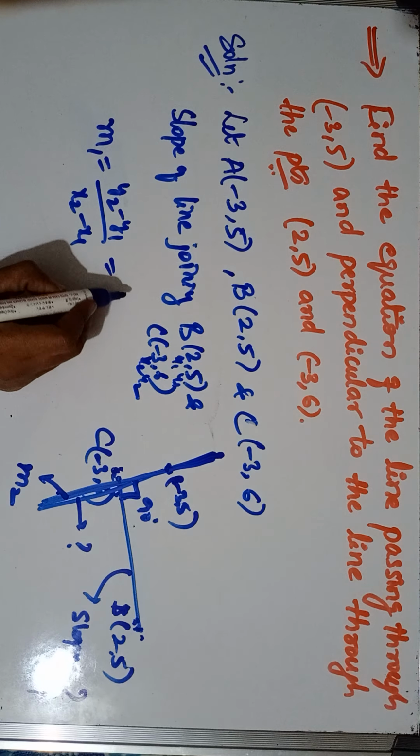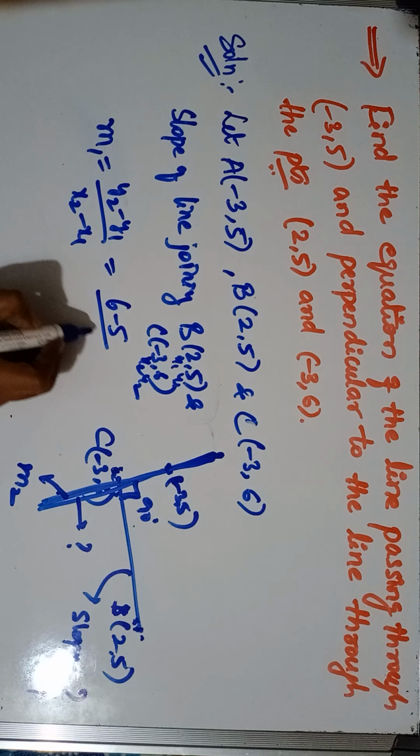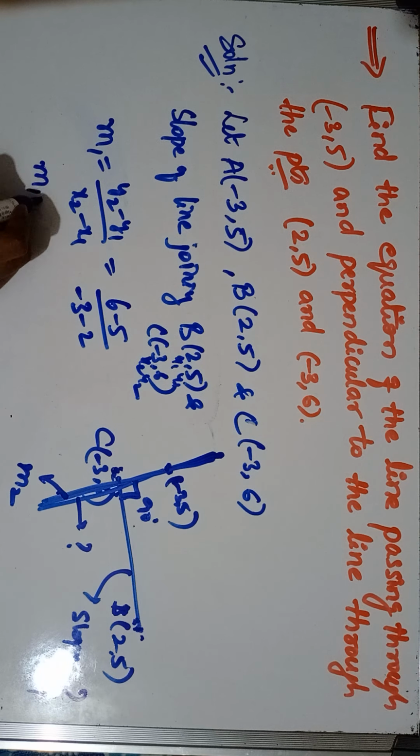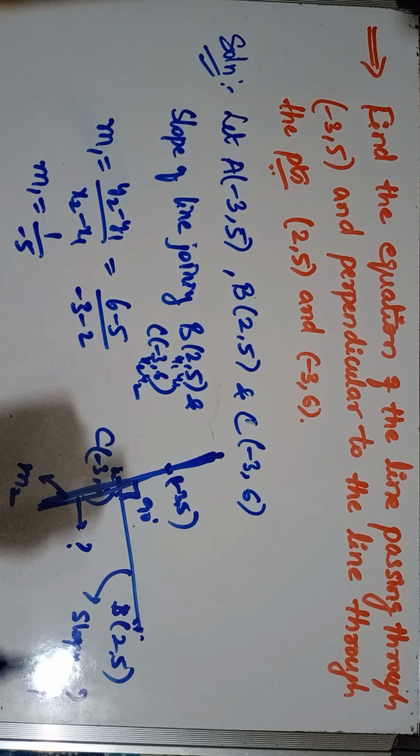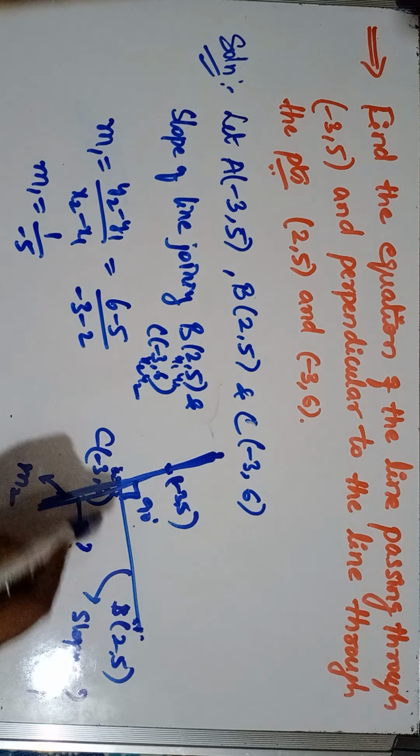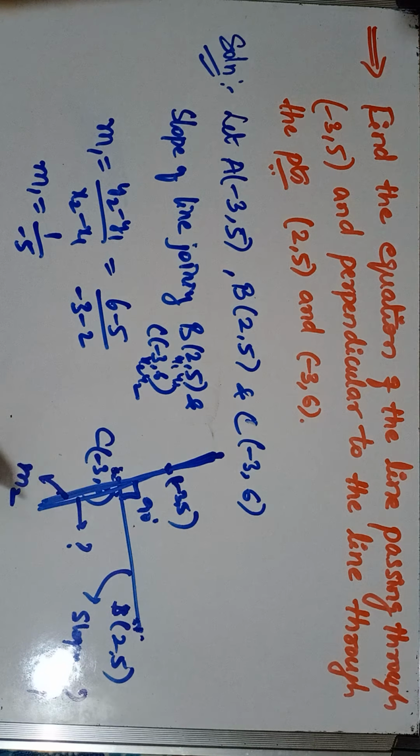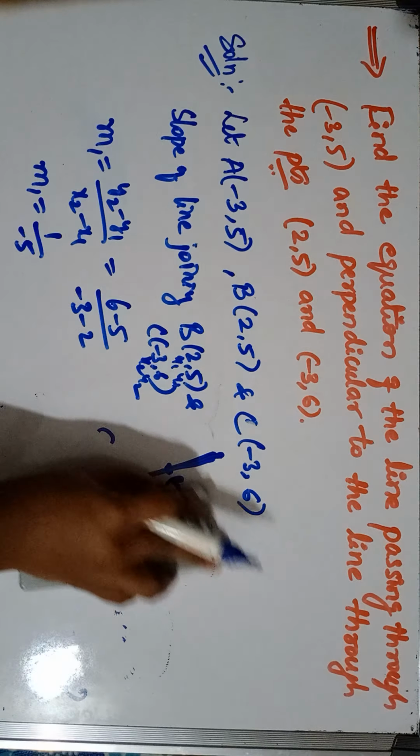So y2 minus y1, 6 minus 5 divided by -3 minus 2. Therefore, m1 is equal to 1 divided by -5. Okay. So 1 divided by -5 is the slope of this line BC. Then can you tell me what will be the slope of the required line? I have assumed this as m2. Then slope of the required line will be,